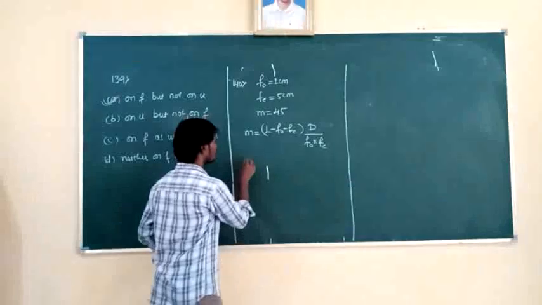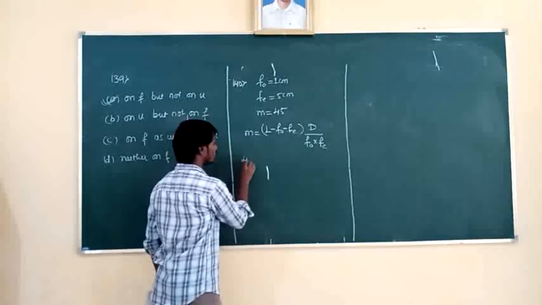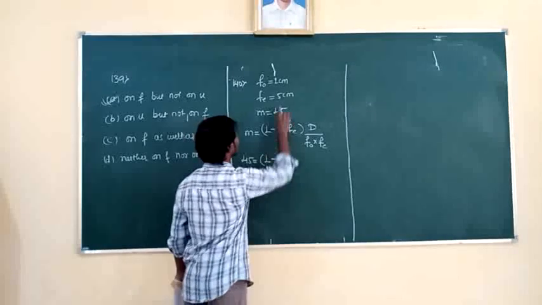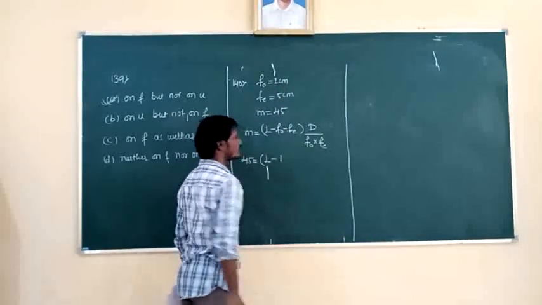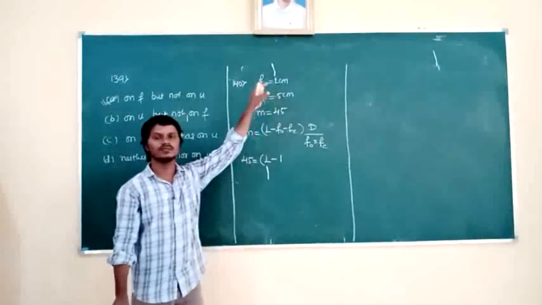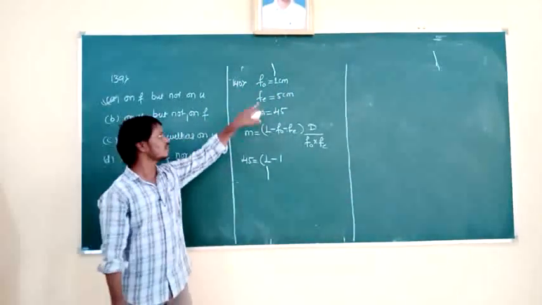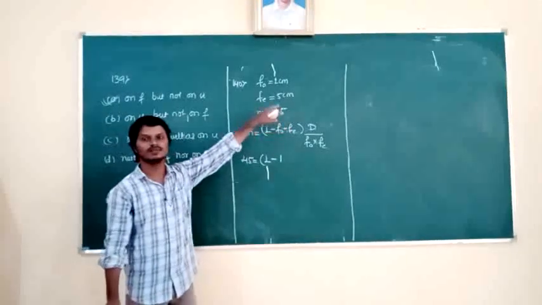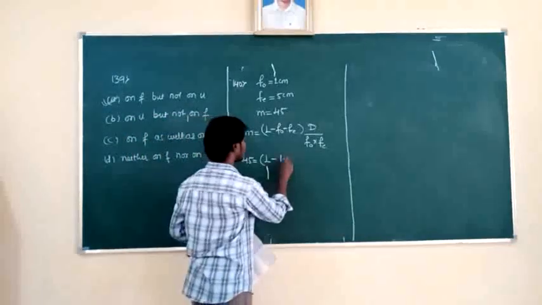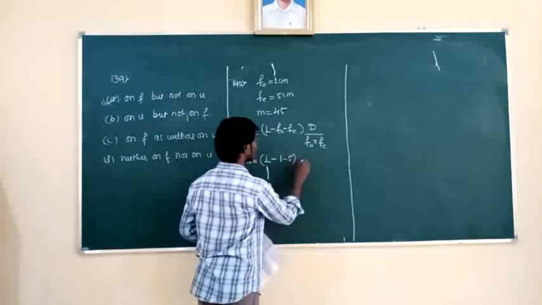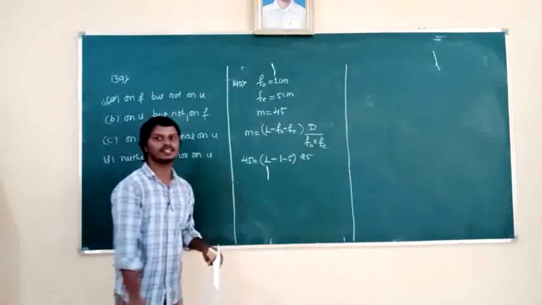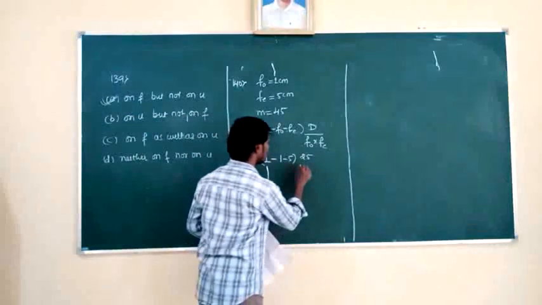So substitute the values. M, how much is given? 45. And we have to find L. What is FO? FO is 1, so it is plus 1. Why is it plus 1? Because the objective lens is a convex lens, and the eyepiece is also a convex lens. The focal length of a convex lens is positive. Then minus 1 minus 5. Then what is the value of the least distance of distinct vision? That is 25 cm, divided by FO into FE.